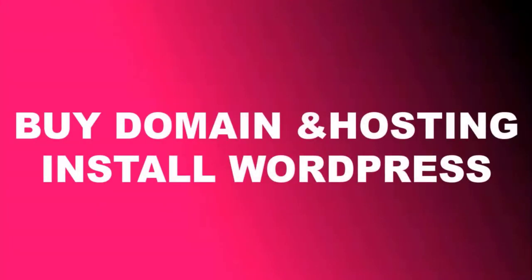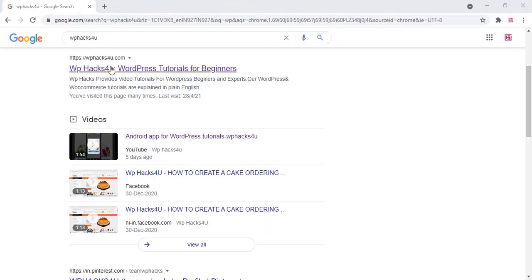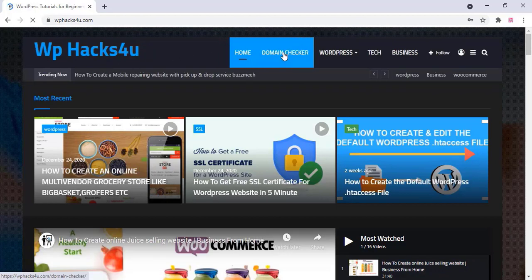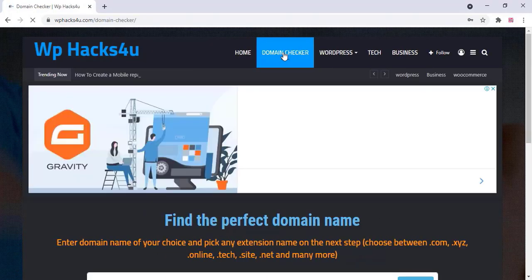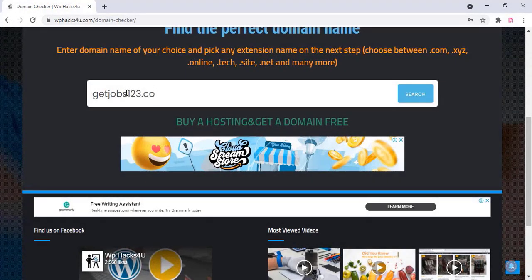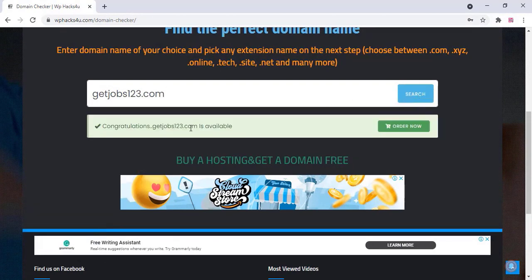So first we have to buy a domain and hosting for the website. Just go to our website wphacksforyou.com, and you can see the domain checker option is available there. You can check whether your domain is available or not. Once you check that your domain is available, just click on the order now option and copy this domain name,